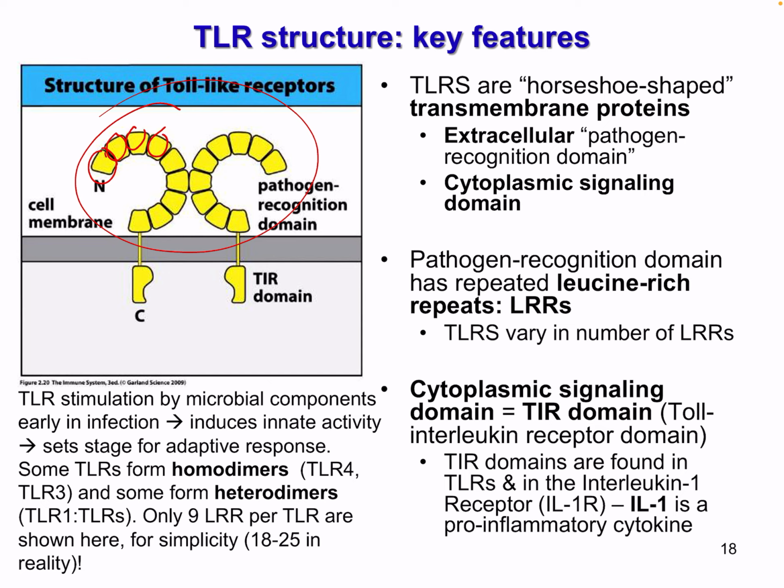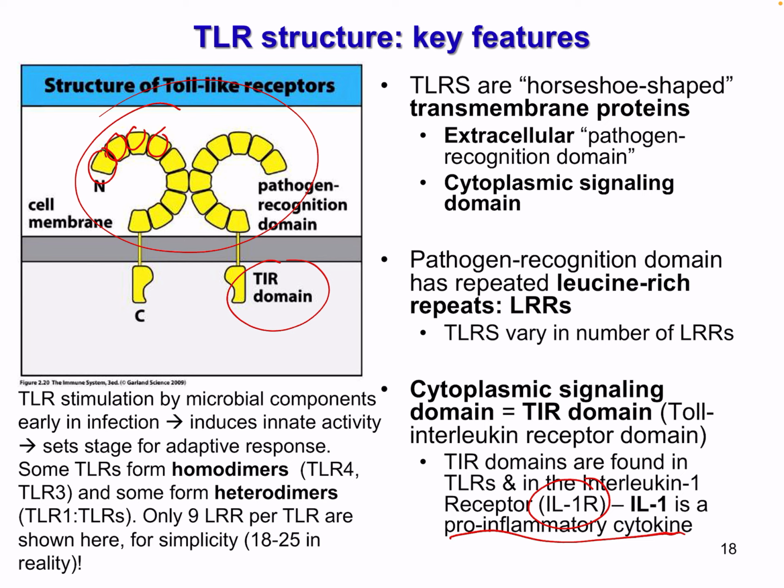We also have a cytoplasmic signaling domain, or the TIR domain, as we see here, which is called the toll interleukin receptor domain. The TIR domains are found in TLRs and in the interleukin-1 receptor. That's kind of where it gets its name. And IL-1 is a pro-inflammatory cytokine, so just keep that in mind. TLR stimulation by microbial components early in infection can induce innate activity, and this sets the stage for the adaptive response. Some TLRs form homodimers like TLR4 and 3, and some are heterodimers like TLR1,